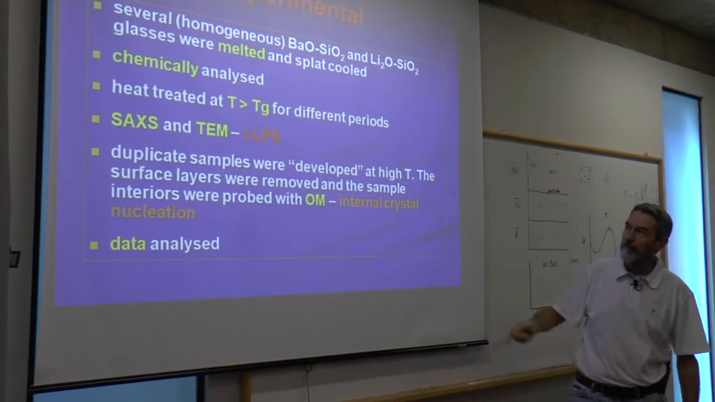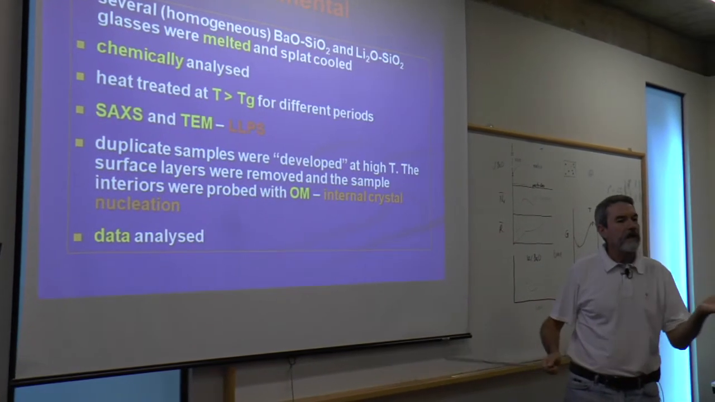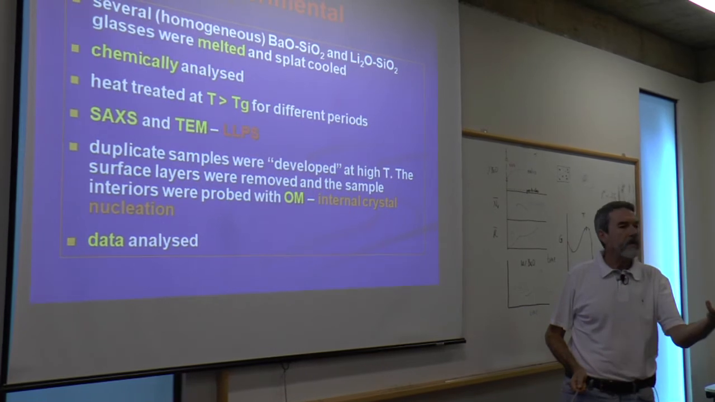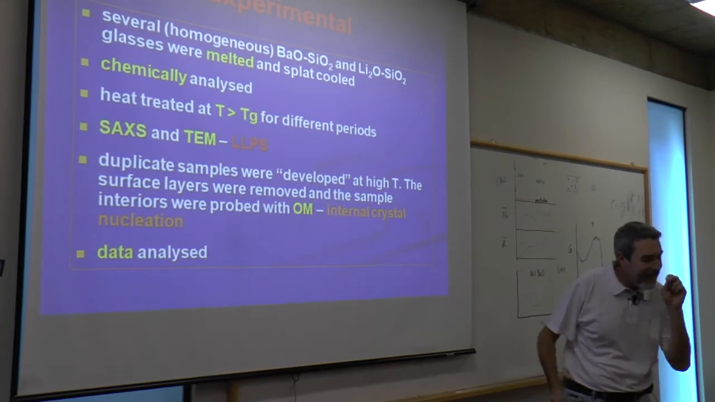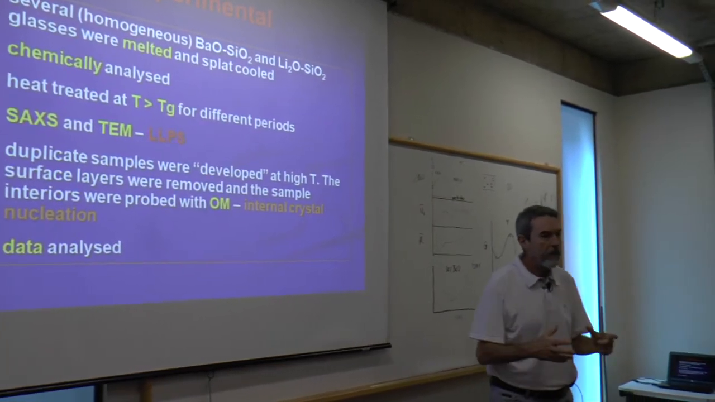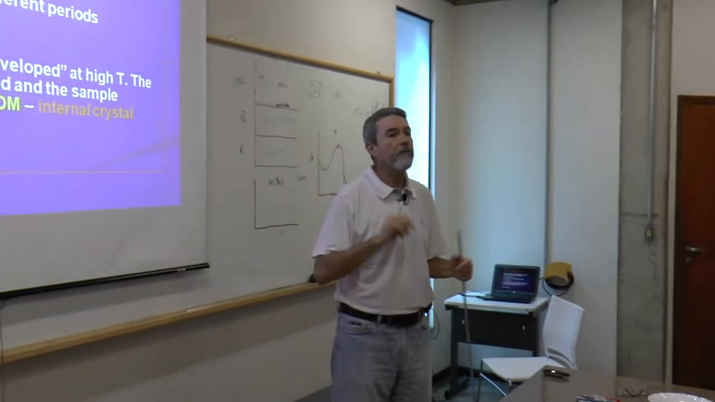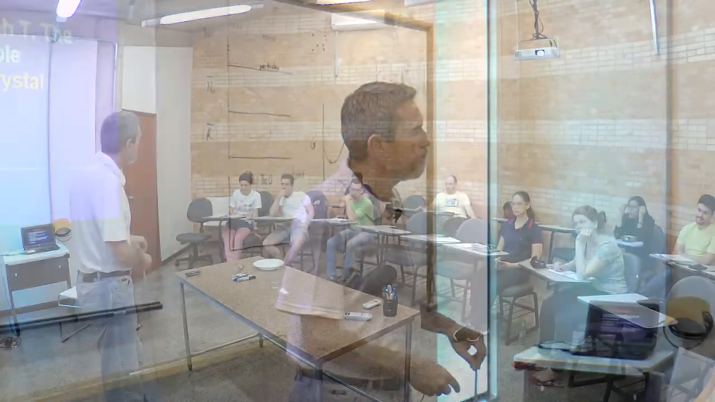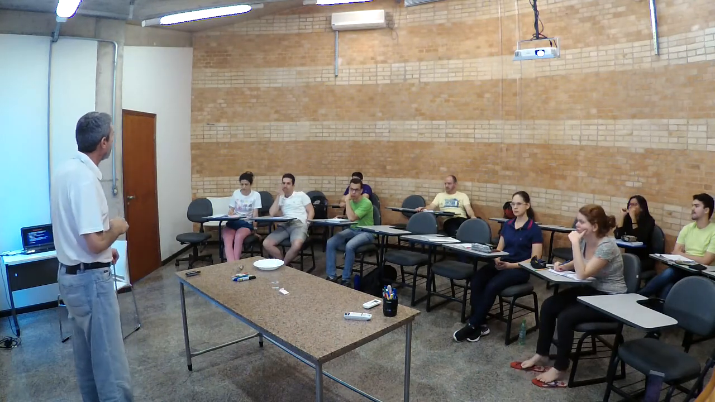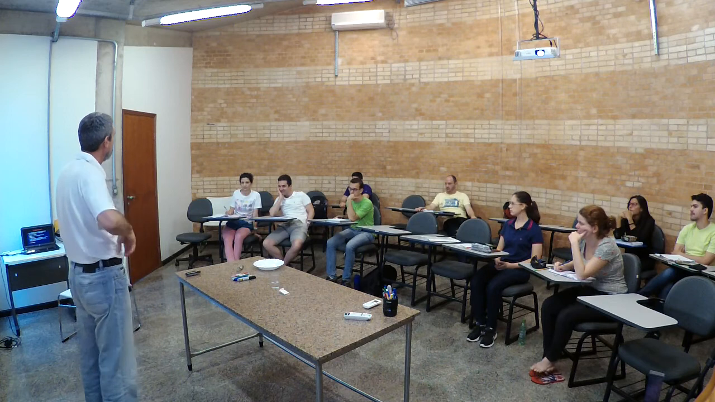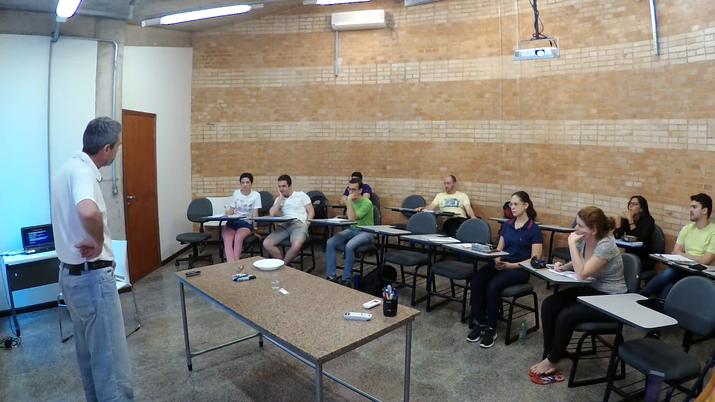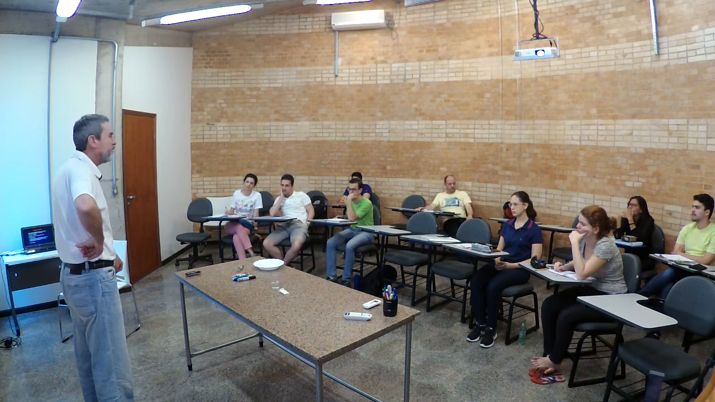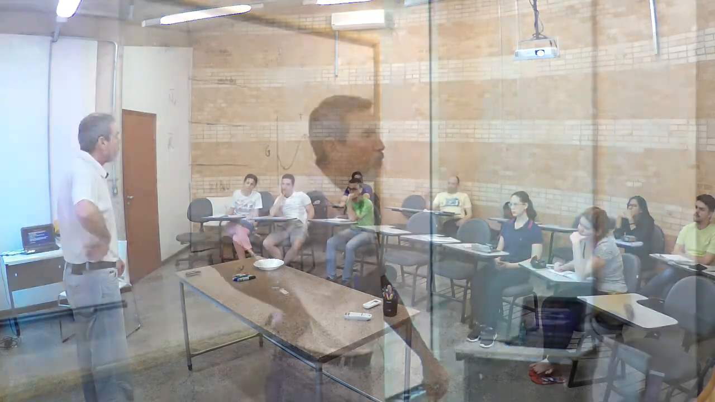And then duplicate samples were developed at high temperatures to grow the crystals, if they existed, and were probed with optical microscopy. And that's the key, because optical microscopy, what's the resolution limit of an optical microscope, typically? Maziar, Mina, you are working with optical microscope. What's the resolution limit? How small an object you can see with an optical microscope, more or less? 1 micron. This is the minimum you can see. So 1 micron